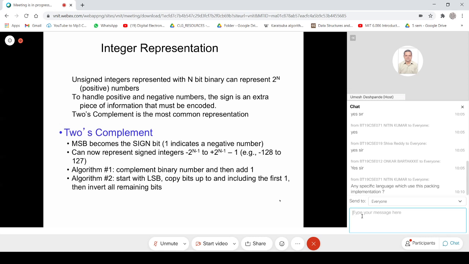Copy bits up to and including the first one from the least significant bit, and then invert all the remaining bits to come out with the representation of a number. So for example, 14 is represented in this integer. If we consider that an integer takes a byte, that is 8 bits, then 14 is represented as 0, 0, 0, 0, 1, 1, 1, 0. That is plus 14. And minus 14, if we use any of these algorithms, the representation